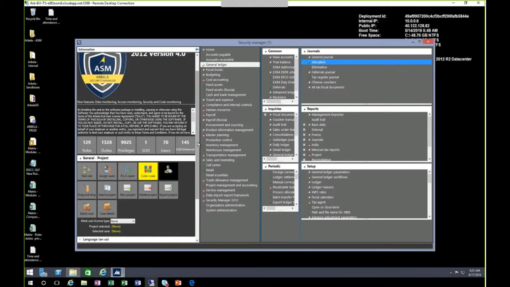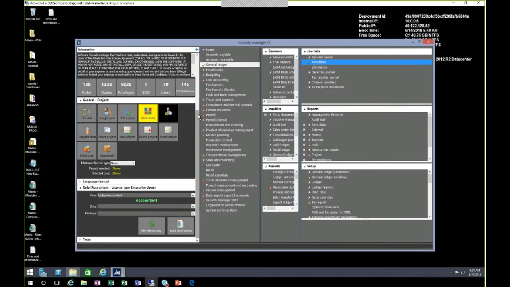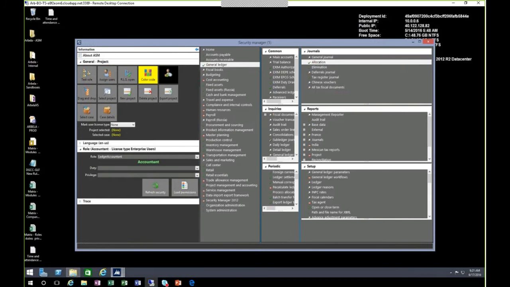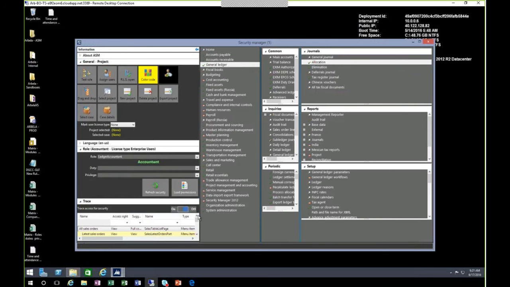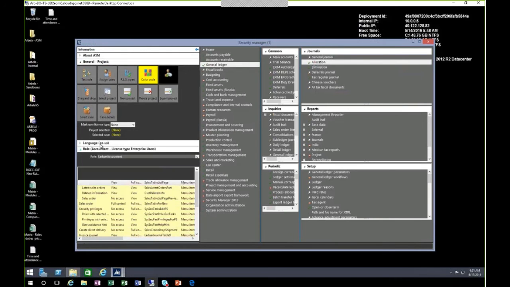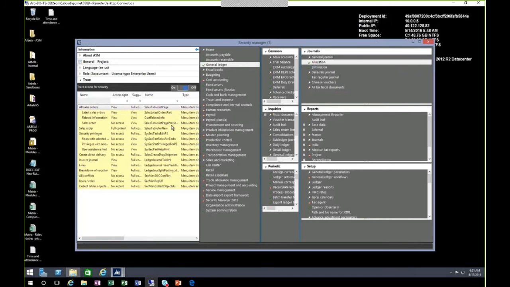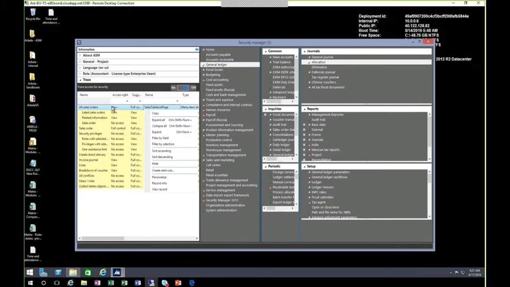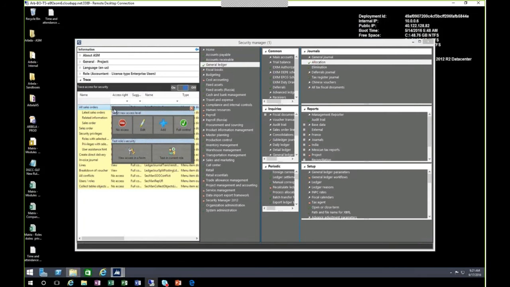With reference to tracking security, so everything that the security tracer has tracked, as an administrator, I have visibility of that. So now you can see, and let me expand this a little bit so you can have a better view. All the security objects that were captured, I can also view here. So I can assign the user to track a business task for my purposes, and then everything that that user enters is visible by me as the administrator or as the security manager using the cockpit. And I can also build security from here as well. As you can see, I can set the access levels for the role that's assigned directly from here.